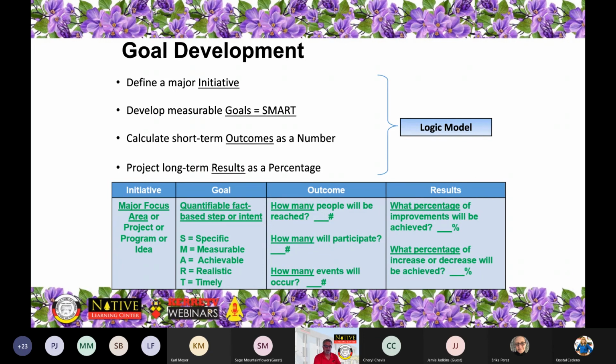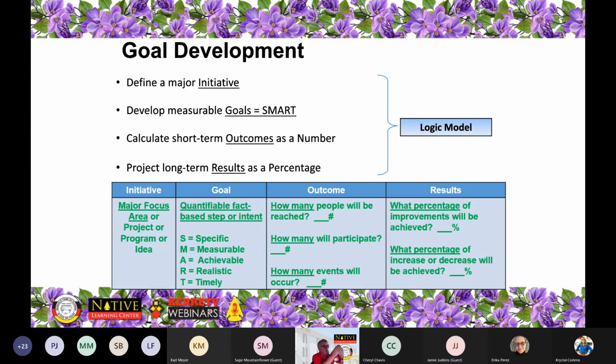Or taking a major initiative and creating a goal that says we need to get grant funding for this. Well, yes, grant seeking funding in general is a given. What we're looking for here in the goal is something quantifiable related to the program itself or to the project itself in its most common denominator, broken down. So we've got to be able to do that or convince our community members or convince our leadership that just